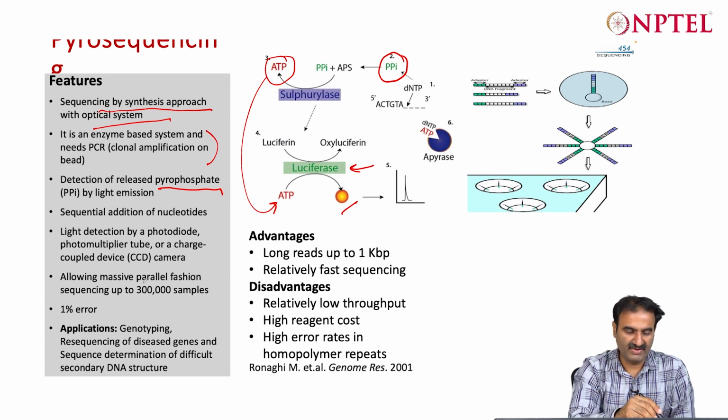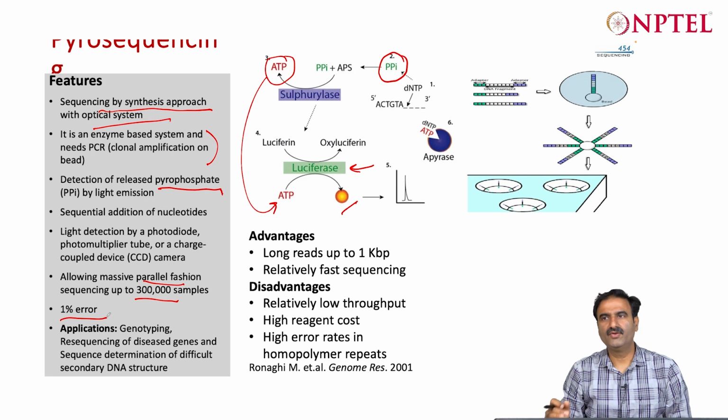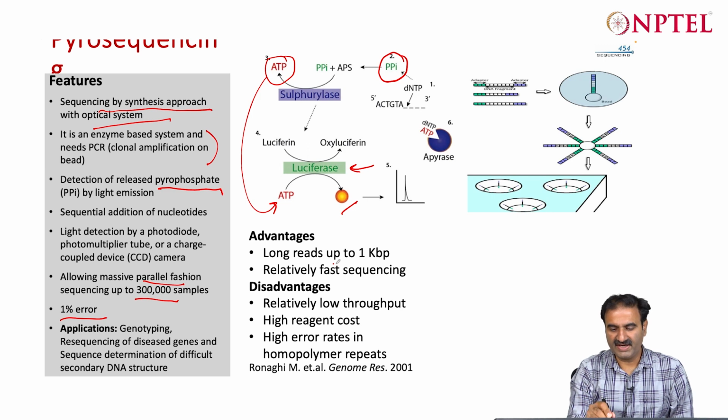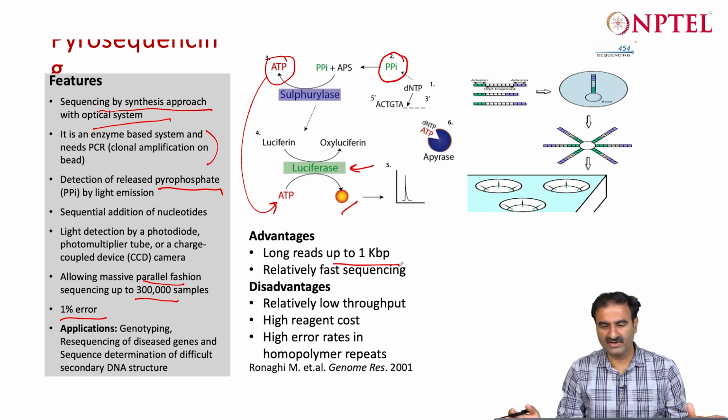It is also massively parallel, and up to 3 lakh samples can be done at one point of time. Error rate is not much, it is 1%, although the newer technologies have much lesser error rate. The advantage is that it can do very long sequences, up to 1 kilo base pair, like Sanger, whereas Illumina can do only 250 or 300 base pair. Relatively fast, but actually it is very expensive because you have to use a lot of reagents,